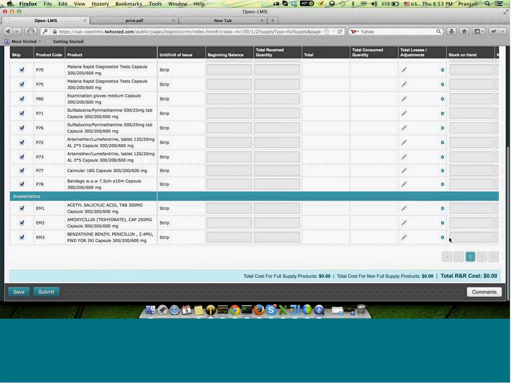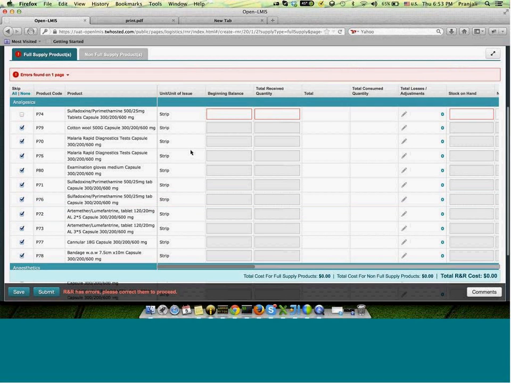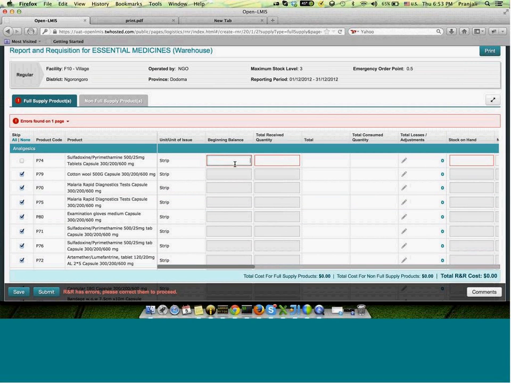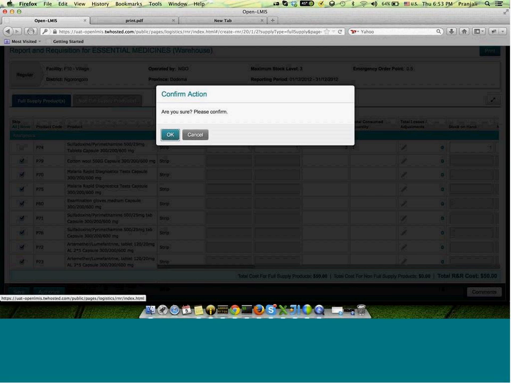There's only one page in this RNR. Submit it. Oh, there are regimens, I think, configured here. Oh, data needs to be filled for the unskipped one. So this RNR is submitted, authorized. Now if I go to the view RNR screen,